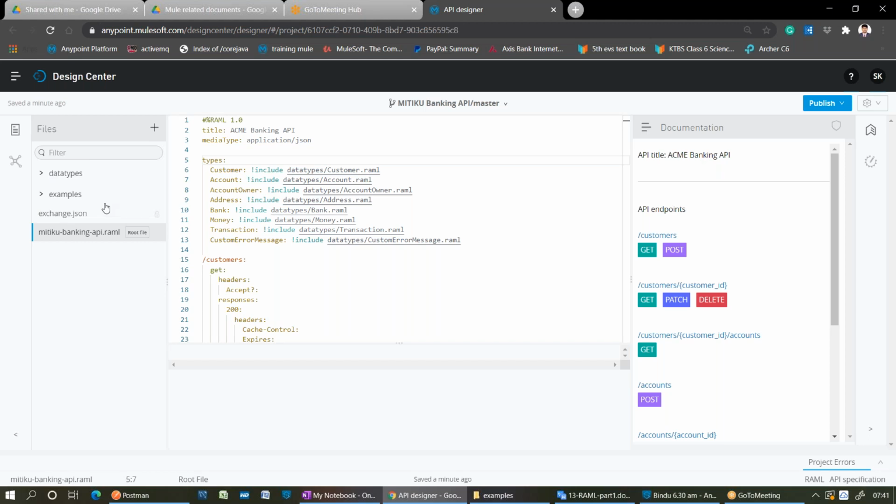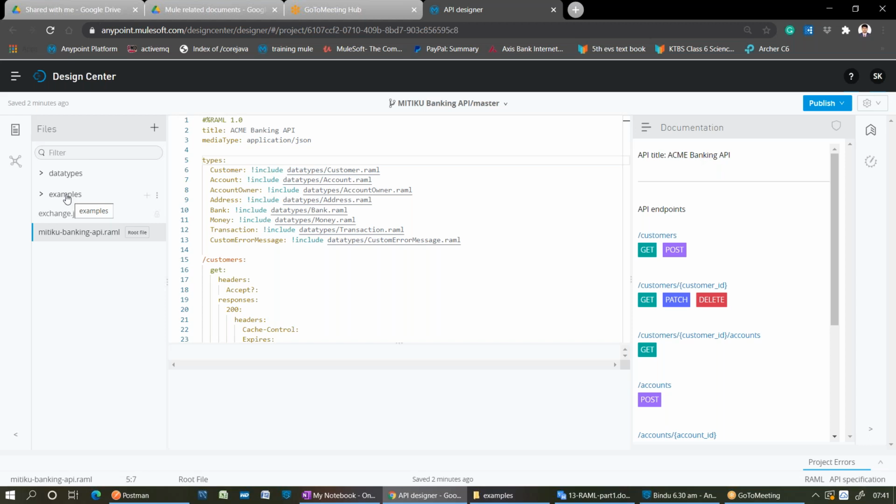Right now, before going to that, I want to introduce one more topic. Basically, see these data types and examples. Who created these data types and examples? You, right? You created these data types and examples. Now, in an organization, we have one more team who are working on the same kind of requirement. They also need to develop data types and examples, right? Do you think they really need to rewrite these data types and examples? Already you developed them, no? Why can't you share with them?